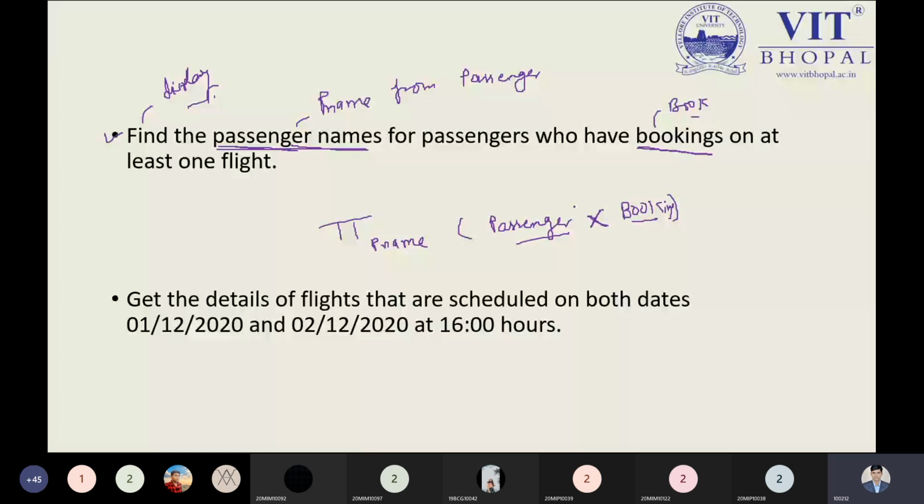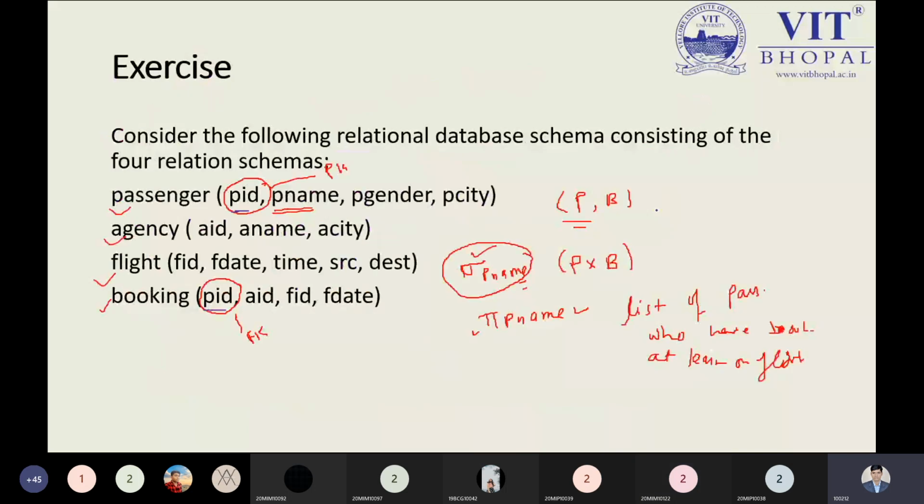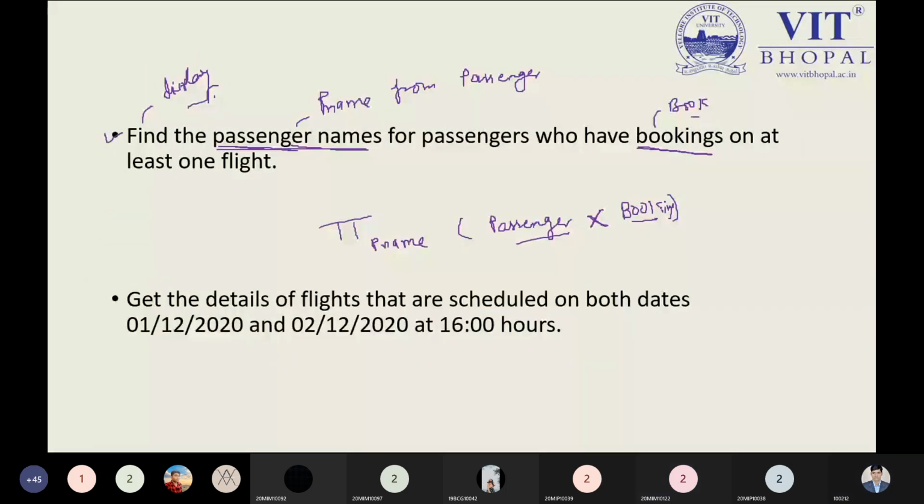So how can we identify at least one flight? There is a connection between these two things. Intersection? No, intersection is not required. Nothing else will be required. In this case, implicitly we are using the two relations, but inside the bracket it keeps the cross product based data.